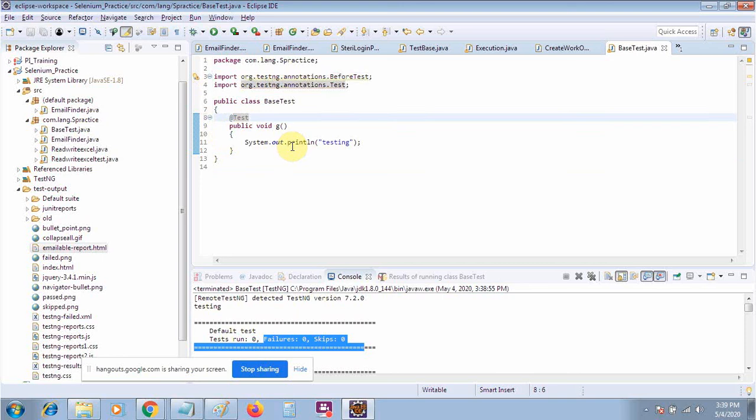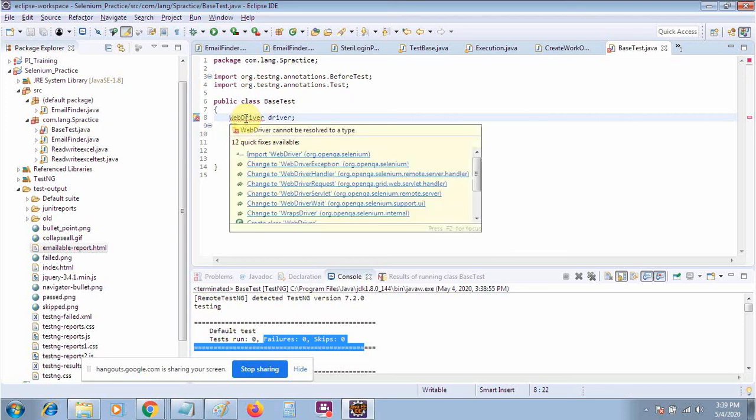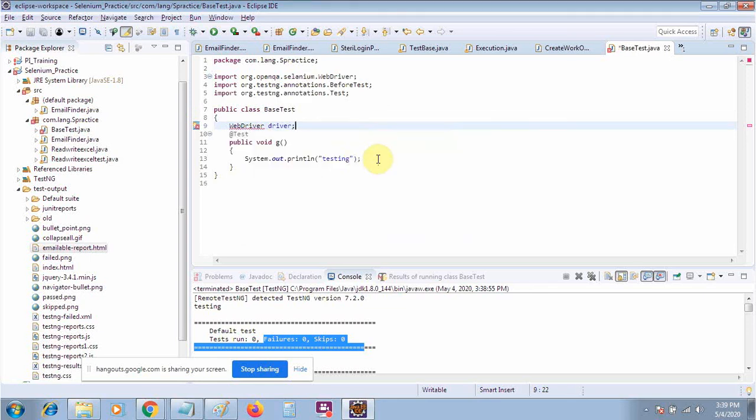Okay, so let's move on to the instruction part. This is the most important part. So suppose that I have a WebDriver, and I will create an instance of my WebDriver at this one. So I have imported the jar files of Selenium, so I will get this option like import WebDriver. org.openqa.selenium. Always remember the package will be org.openqa.selenium. It will be asked in your interview as well.